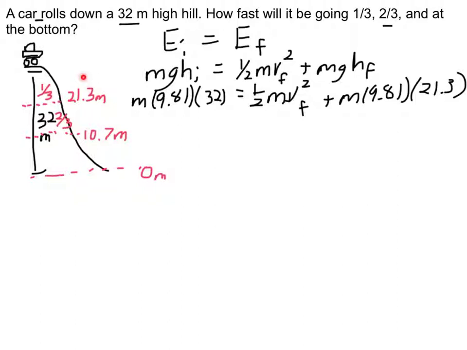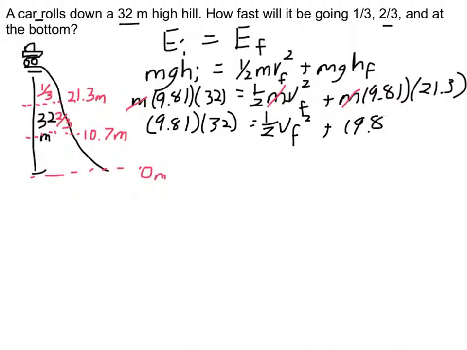And now it's just a little bit of algebra. But before I do that, let me point out something to you. I don't know the mass of the car, but it's not needed if I don't have friction. Notice mass is in all of my terms. It's here, it's in this term, and it's in that term, so I can cancel my masses out, divide both sides by m, masses go away, leaving me with just my straight algebra problem here, 1/2 VF squared plus 9.81 times